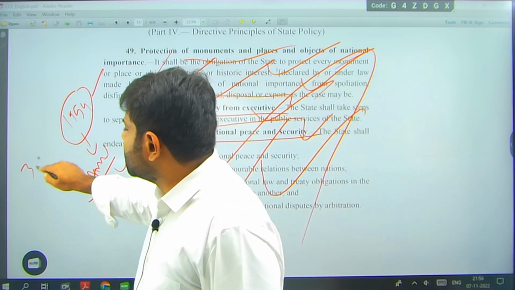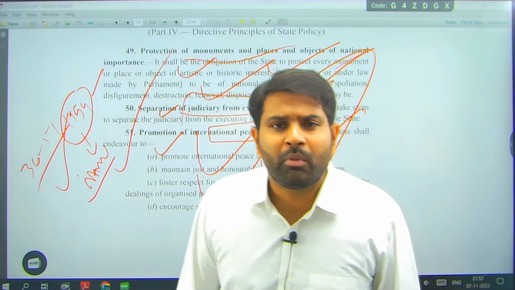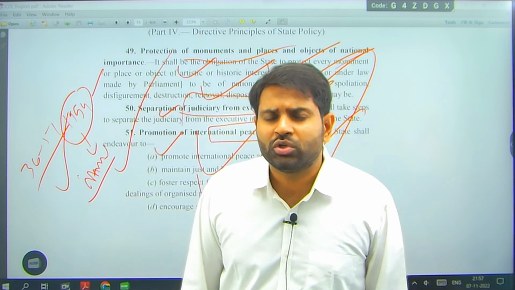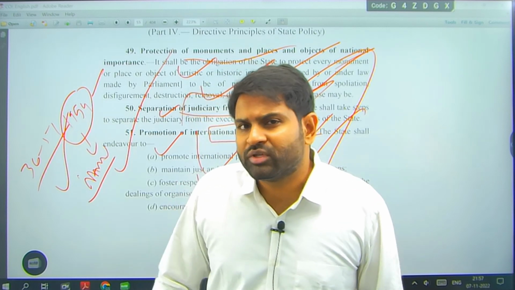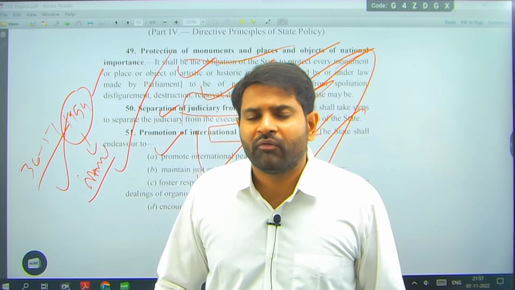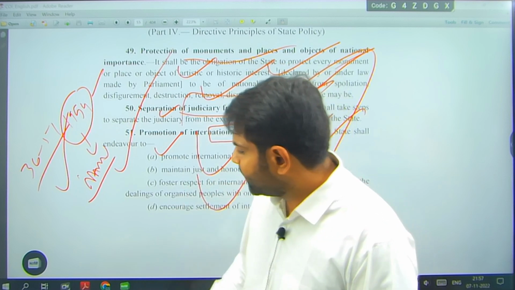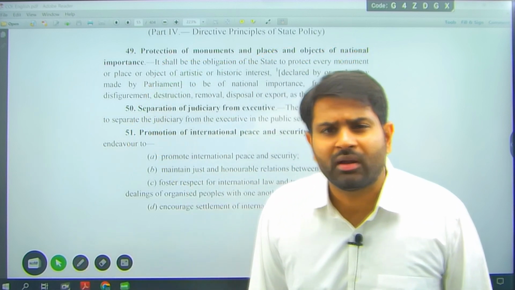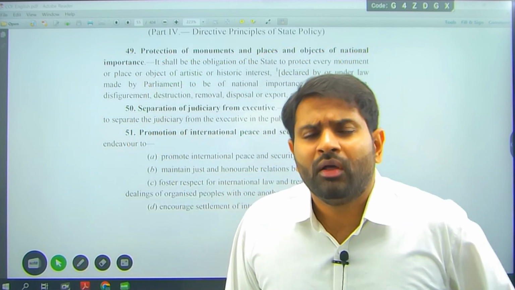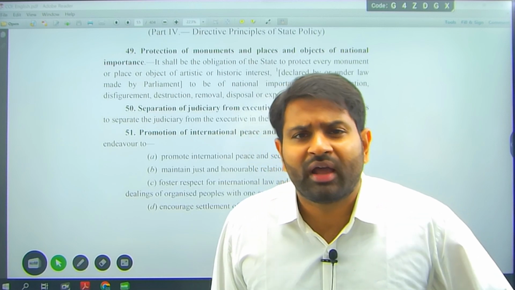From Article 36 to Article 51, we spoke about rights, more especially economic rights, but there are also social rights, right? Social, educational, economic rights. These are what we spoke about, but when we speak about fundamental rights, especially we spoke about civil rights, right? So that is DPSP, Directive Principles of State Policy. This is what Ambedkar suggested to the governments: please do this, and if you do this, you will shine. You will come to power again and again.